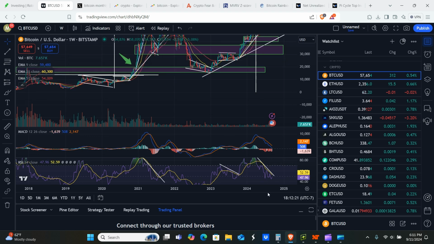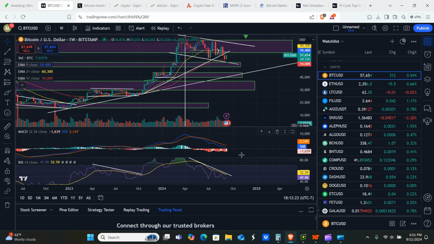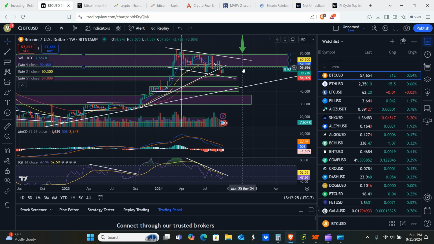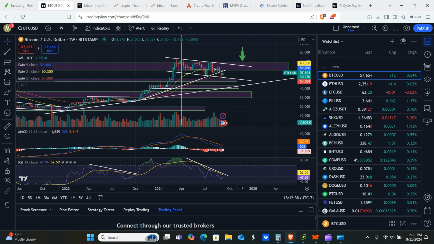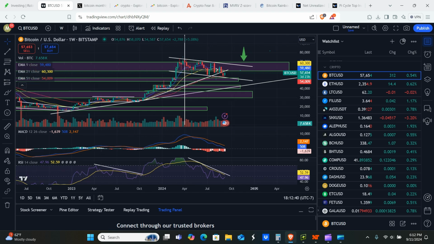Okay, so in terms of the flag, what are we looking at? On the flag, the short of this is, as long as the price stays within the flag and does not break down bearish outside of the flag, then I would say we're still good to eventually break out, okay? Because no matter how you want to look at this,